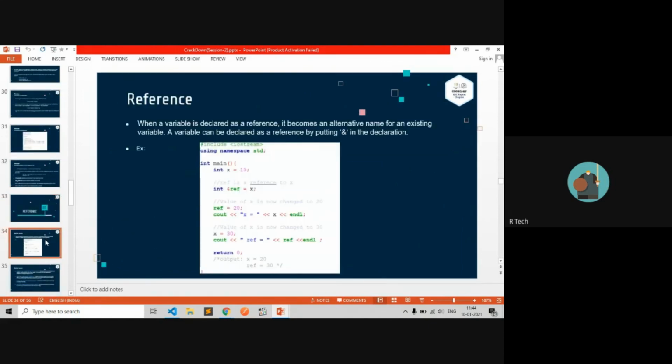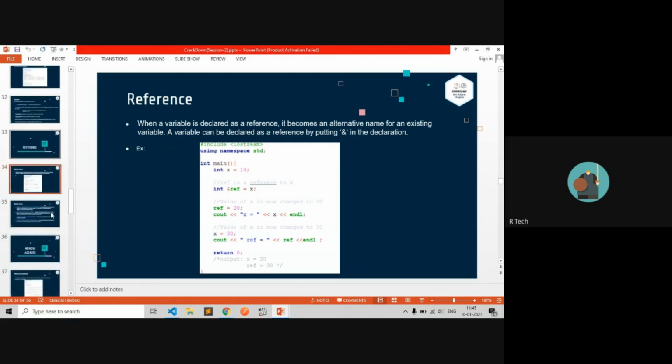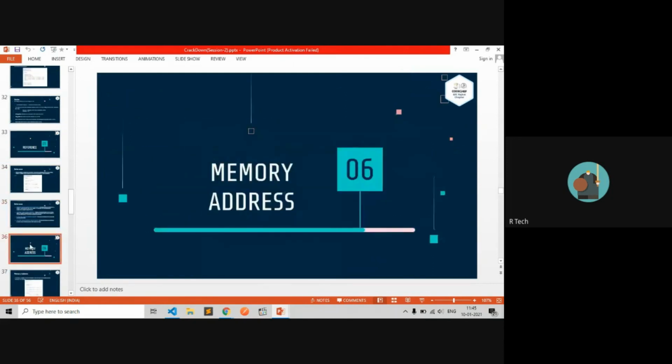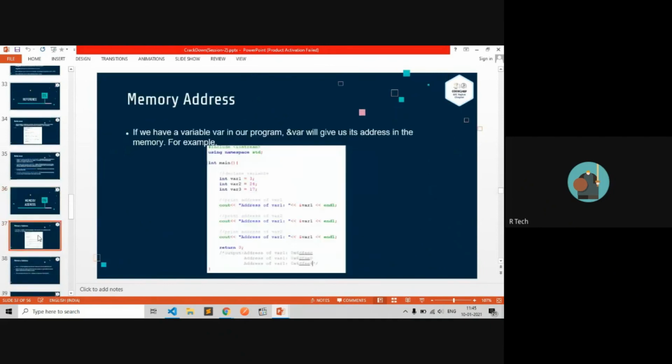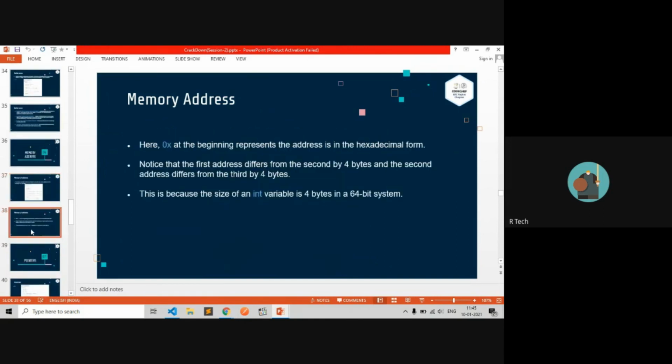Then reference. What is a reference? A reference is a target and destination variable, so we do not have to handle two variables with the same operation. Then after that, memory address: how C stores a specific variable and how to find the address of any variable.